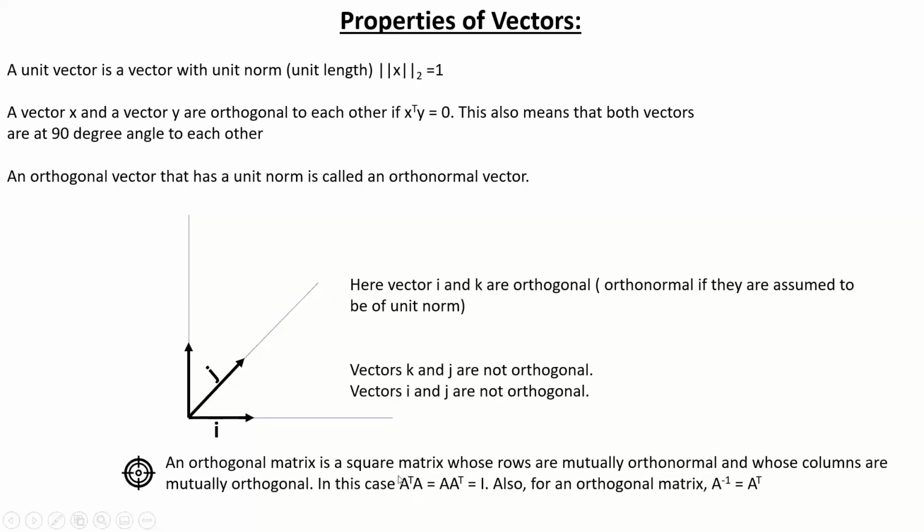If you multiply the transpose of the matrix A into A, then in that case you'll get an orthogonal matrix, that is A inverse equals A transpose. So if you look at A and A, here it will get transposed, and ultimately you will get the inverse and transpose to be the same.